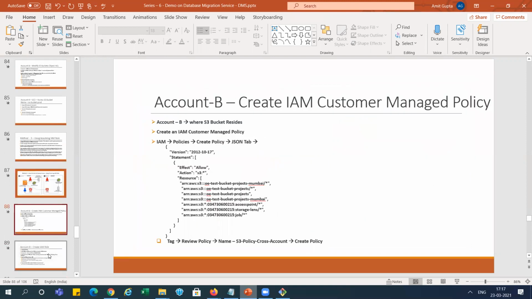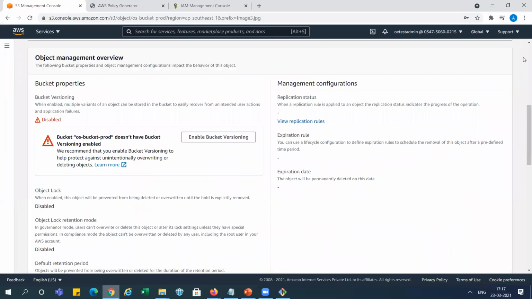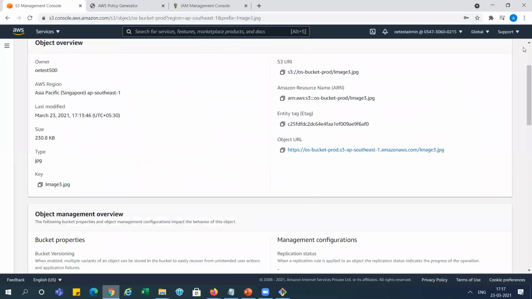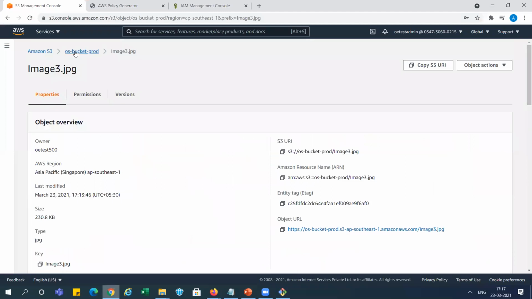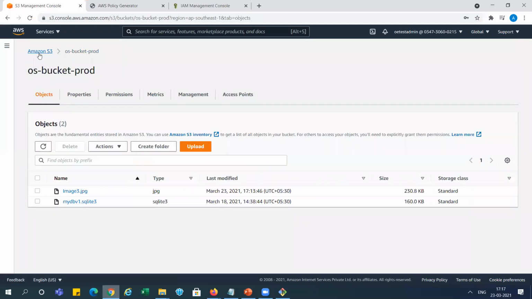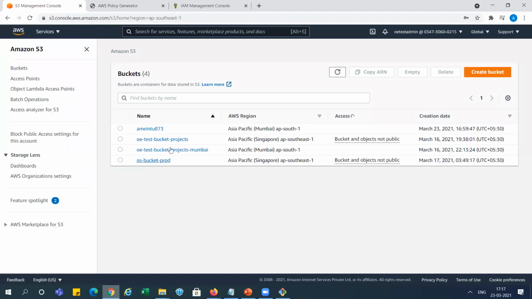First, we need to go and create the custom policy in account B, right? I told you account B ends with 5, so I'm going here. This is account B. And before starting, I will show you we are not able to access these two buckets, we have not done anything, right?